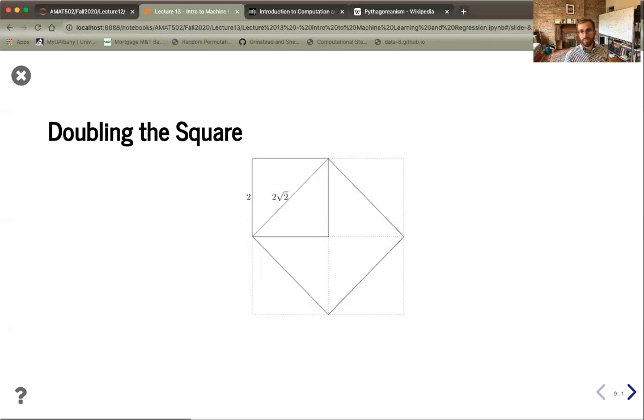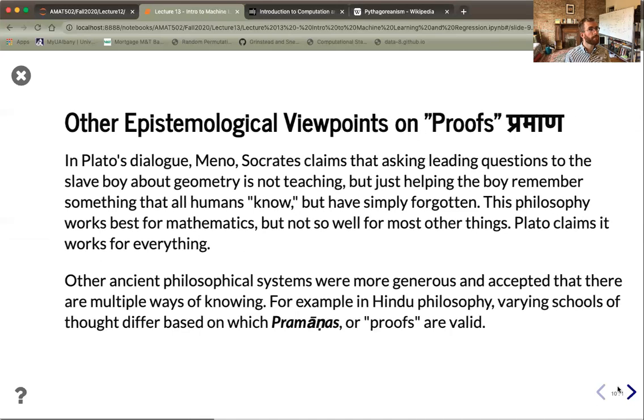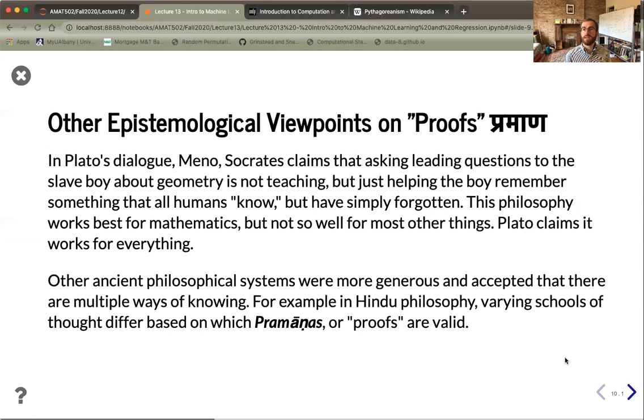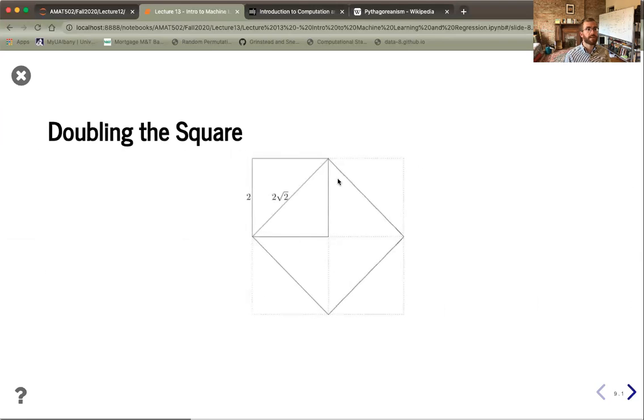And notice he was able to do this without ever appealing to or wondering about the irrational nature of the square root of 2, just simply by constructing and drawing straight lines. So the story that goes there is that by essentially guiding this slave boy through a series of questions and answers, the slave boy is able to discover some fact about Euclidean geometry, which is that by using the diagonal, one can actually construct a square that's twice the area.